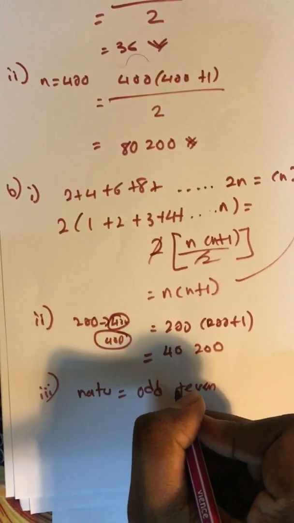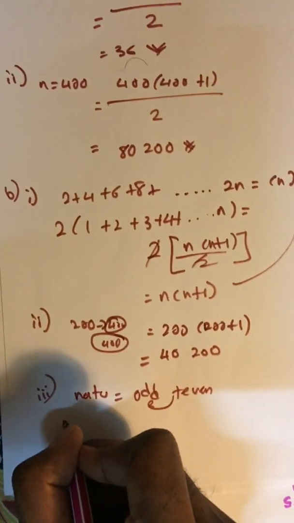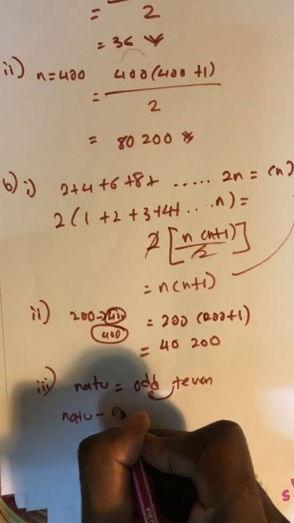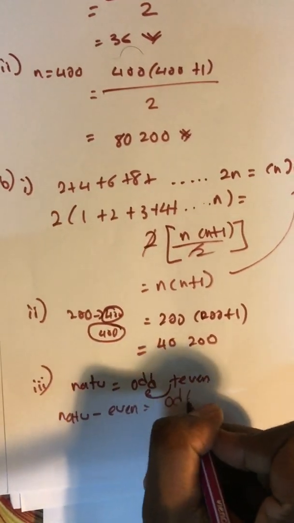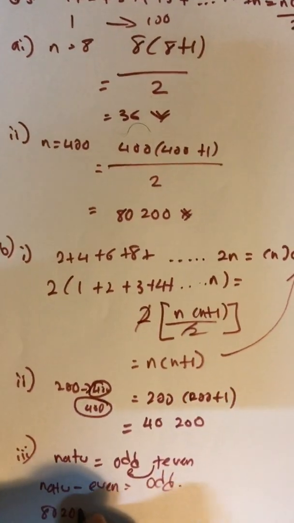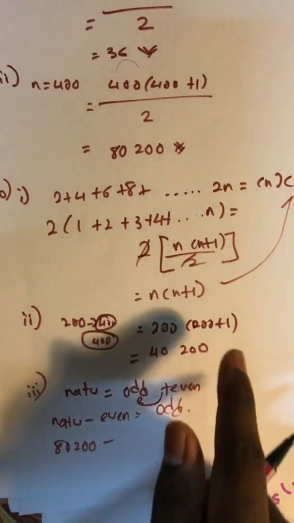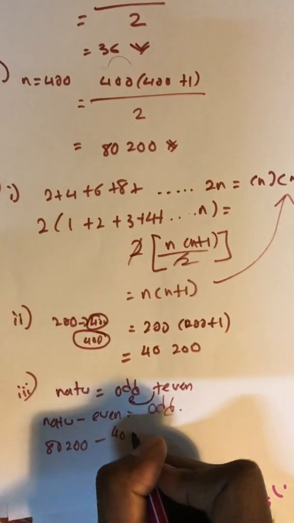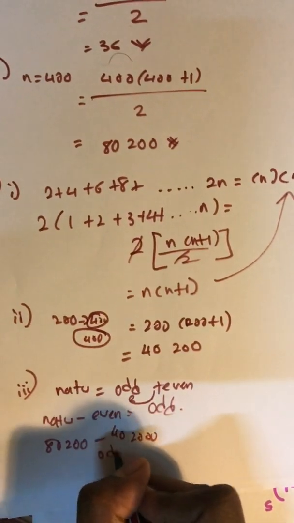So to find the odd number, what I need to do, I need to shift them. So natural minus even will give me my odd. Okay, so the natural number we found earlier here is 8020. See, I told you maths is like this, they give you something, sure got use one. And then our even number is here, 40200. So my odd will be